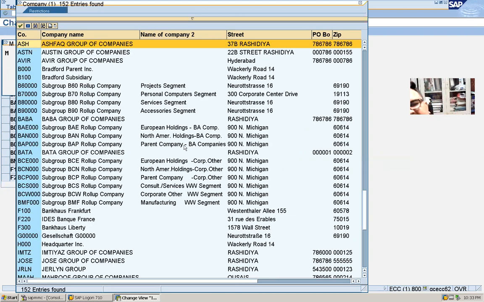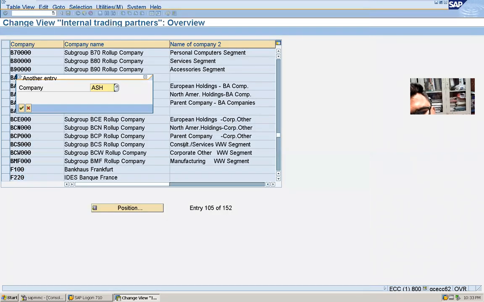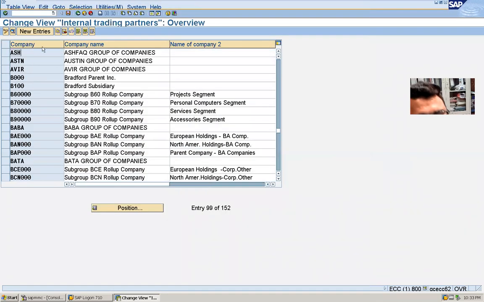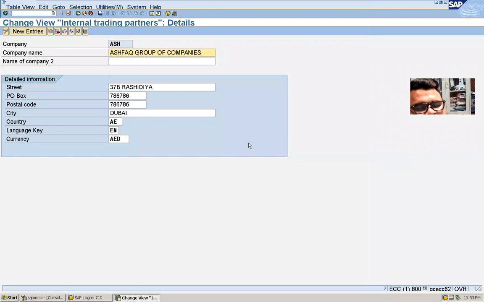See, you will get it like this. ASH, Ashfaq Group of Companies. Enter, enter. It will come on top. Just double click this. ASH, Ashfaq Group of Companies, 37B Rashidia. Okay, I'm again going back.